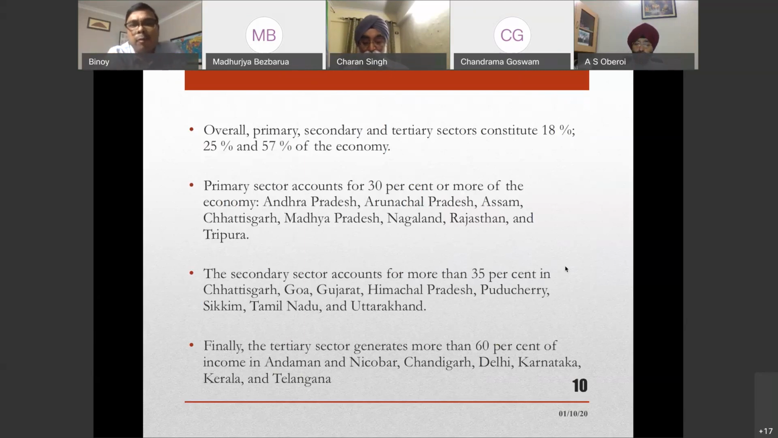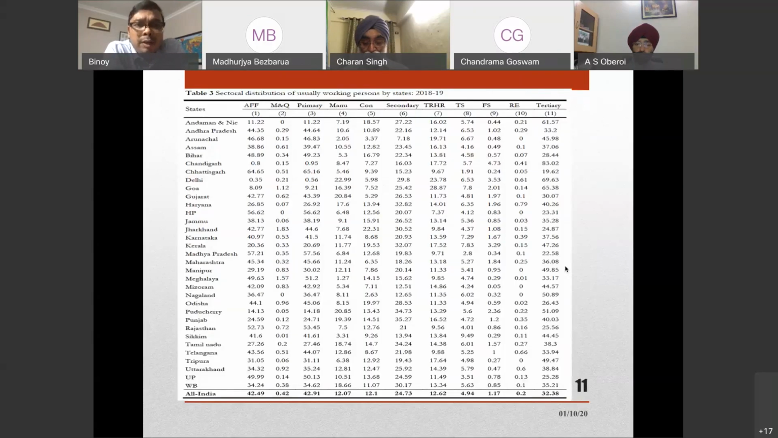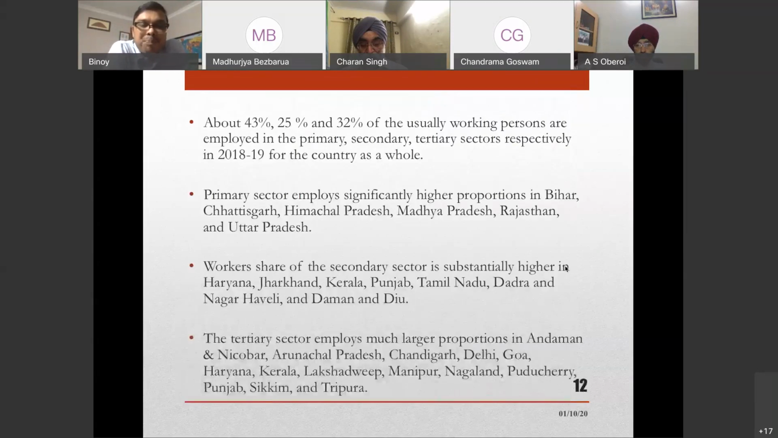This is now what we do in terms of the distribution of workers. So we have the same classification of sectors and subsectors. Here again, the argument is the same: the states where the primary sector, especially agriculture, forestry, and fishing, is prominent, the impact will be less severe compared to the states where the secondary and tertiary sectors are more prominent. So what we see here is that at the national level, 43%